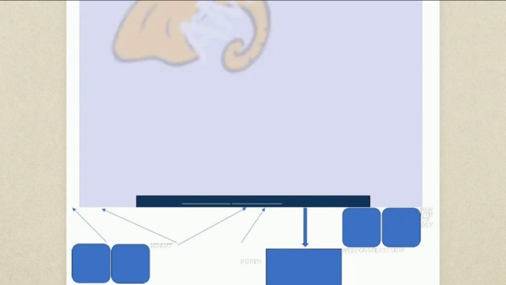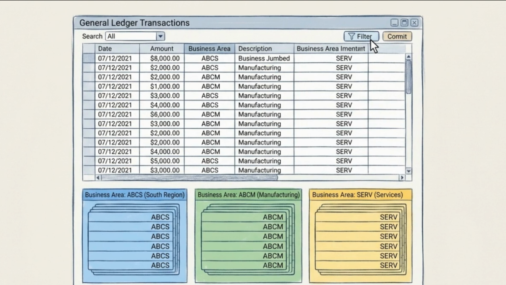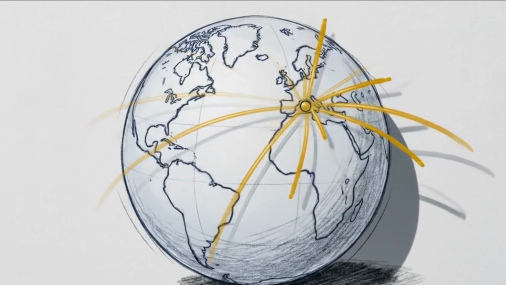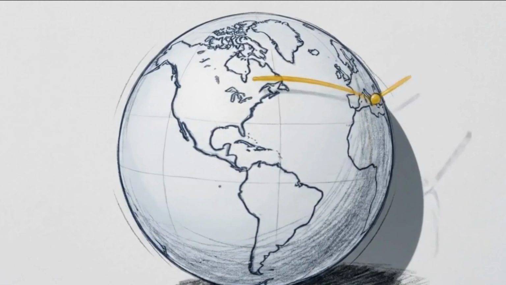As seen in this next document, these areas do not have to be strictly geographic. You can also use them for a functional breakdown, separating areas of responsibility like manufacturing from services. Assigning these codes gives the system a mechanism to filter massive volumes of transaction data into highly specific, granular reports. By mapping your organization this way, you create the prerequisite structure for attributing financial transactions to a specific geographic or